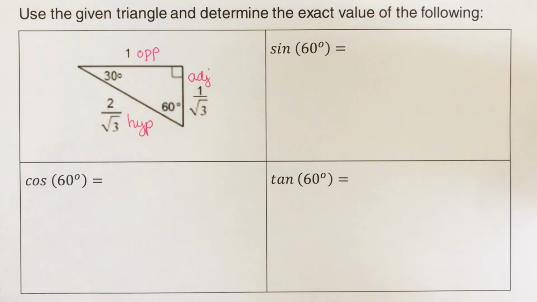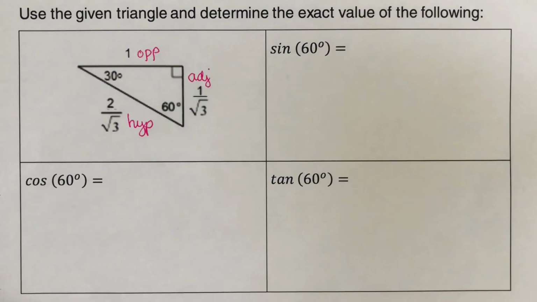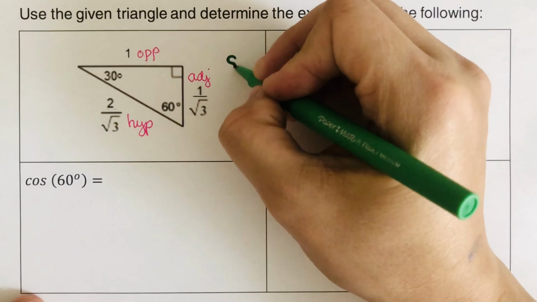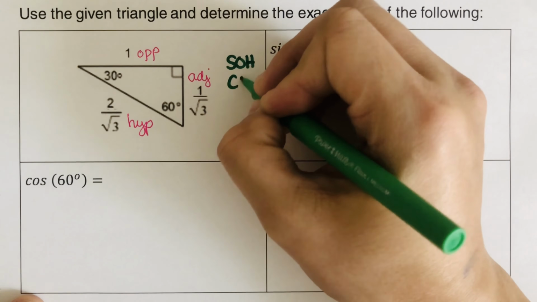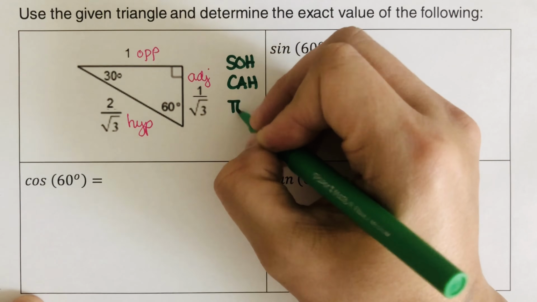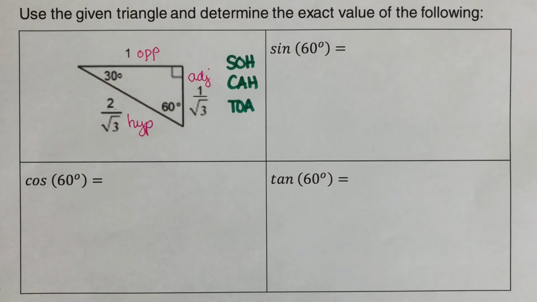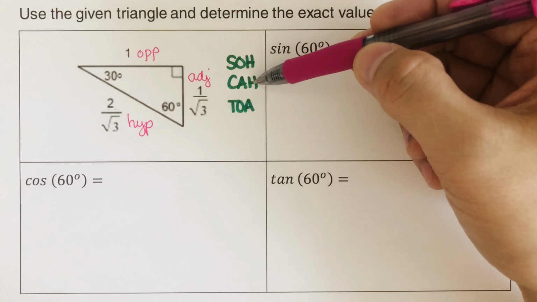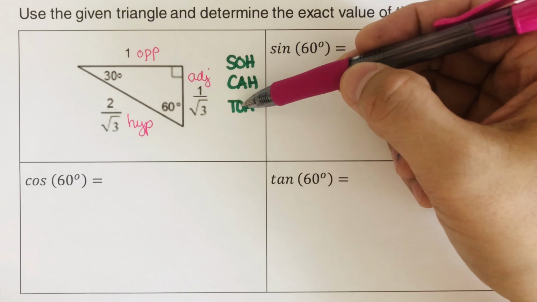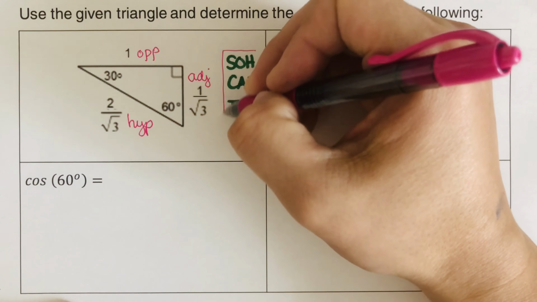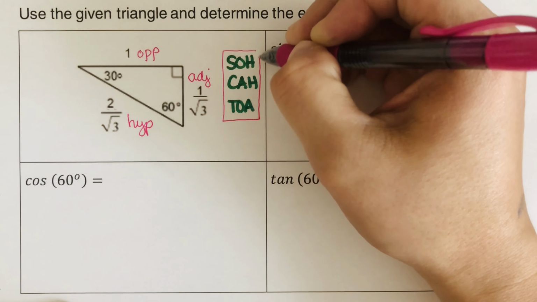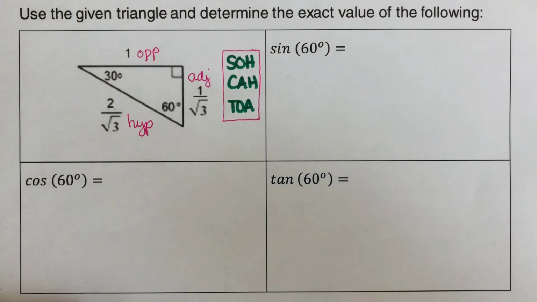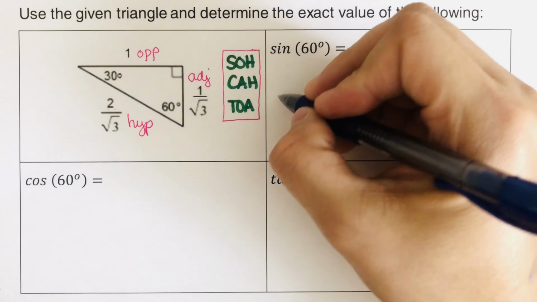Again, remember, we have a formula that we did on a previous video that is SOH CAH TOA. So that means sine is equal to opposite over hypotenuse, cosine is adjacent over hypotenuse, tangent is equal to opposite over adjacent. So this is the acronym that we need to remember. So in this case here, we have sine 60